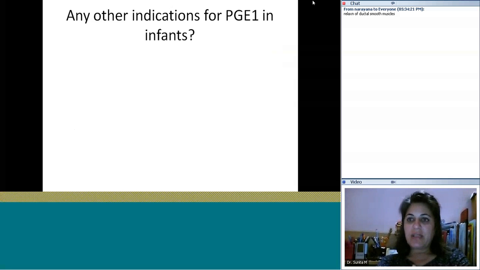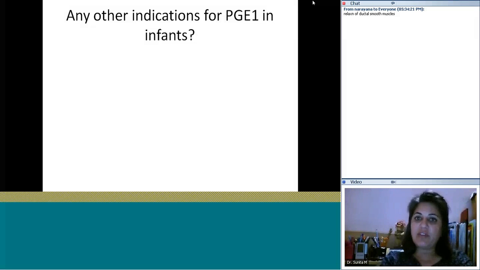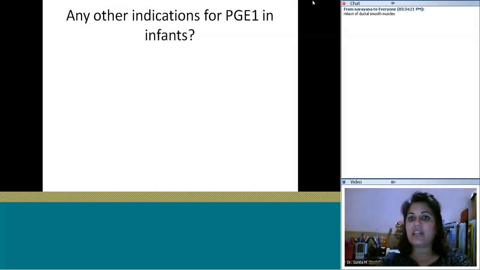Now, do you know any other indication for prostaglandin E1 infusion in infants? So we've talked about low QP situations like severe tetralogy of Fallot, pulmonary atresia situation, Epstein. We talked about low cardiac output, like left heart obstruction presenting with poor perfusion. Third indication is a mixing lesion like transposition with intact IVS. One unusual indication is obstructed infradiaphragmatic TAPVC with the ductus venosus. That is the only TAPVC where you can actually use prostaglandin. Otherwise, it is contraindicated in all other TAPVCs.